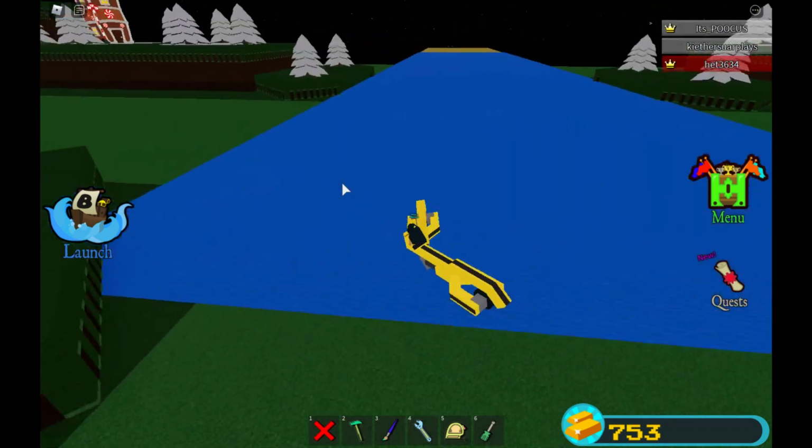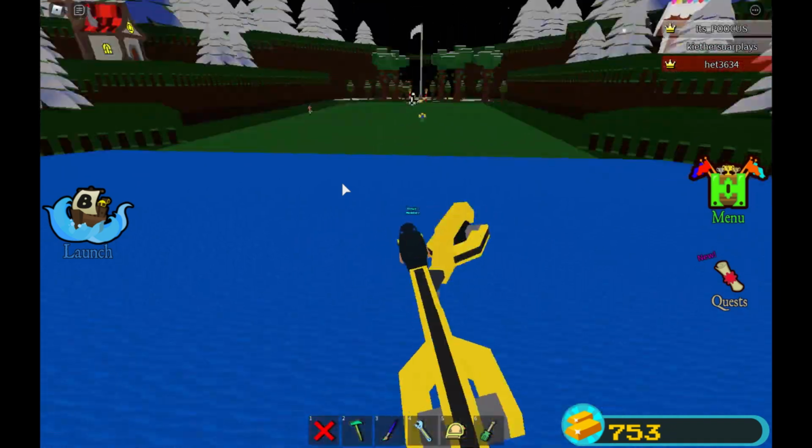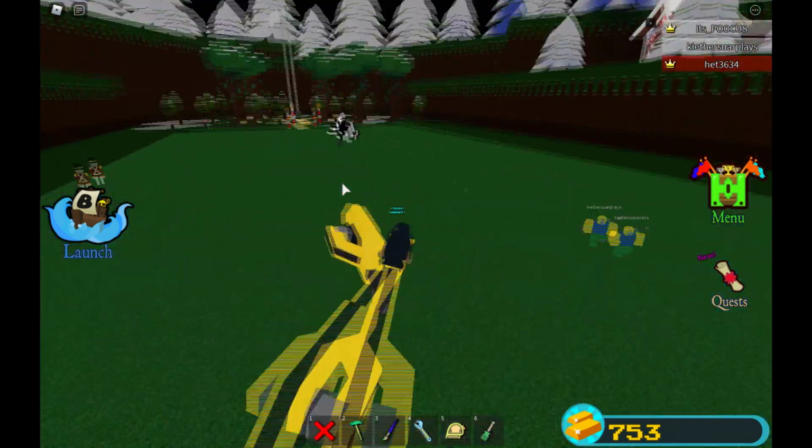As you guys can see, we have this drift motorcycle like this. It looks so good, and it drifts so good and so cool. And yeah, so